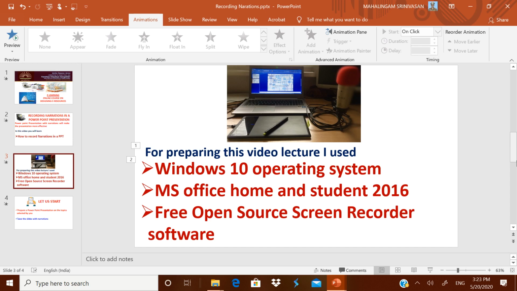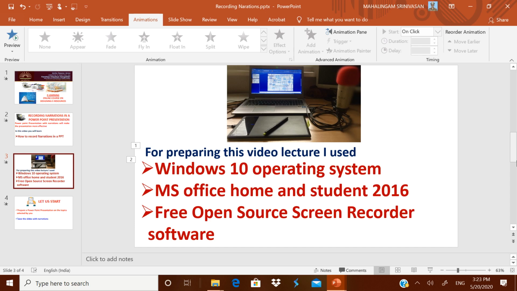But you have to check whether it is working. For a desktop, you have to use an external microphone, the type normally used for video chatting and all. If you have one, you can use it on a desktop and you can use it on laptops also. But for laptops, microphones are already fitted inside.